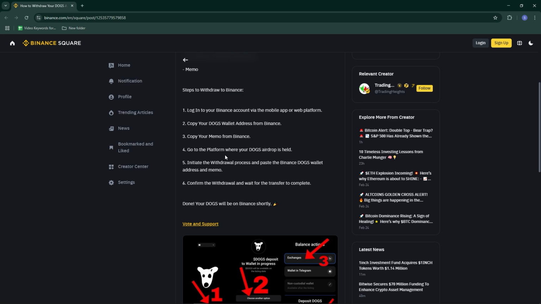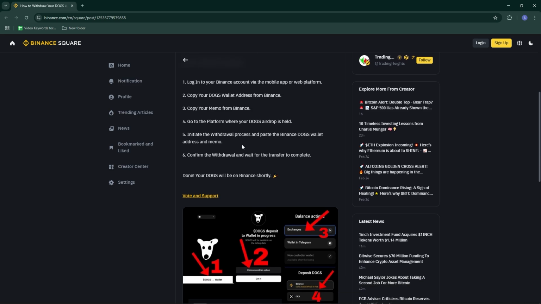Open the platform where your DOGS airdrop is held. Locate the withdraw option and paste your Binance DOGS wallet address and memo. Double check all details and submit the withdrawal request. That's it. Your DOGS tokens will be on